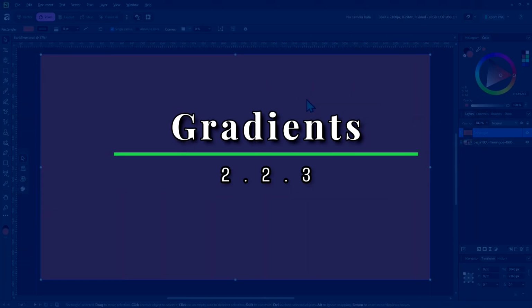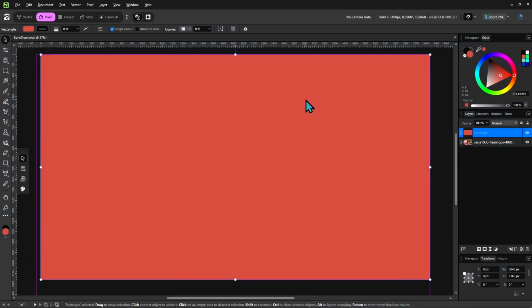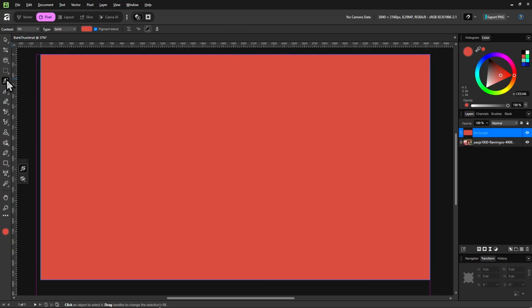But you see, the thing about the fill tool is that it is not just for setting a color like this and being done with it. You can actually make gradients. And what gradients are is that they are one color gradually transitioning into another. It's a bit hard to explain, so I will just make one.